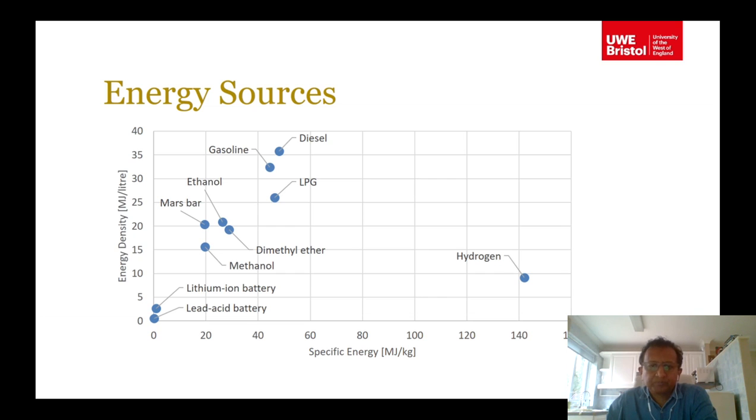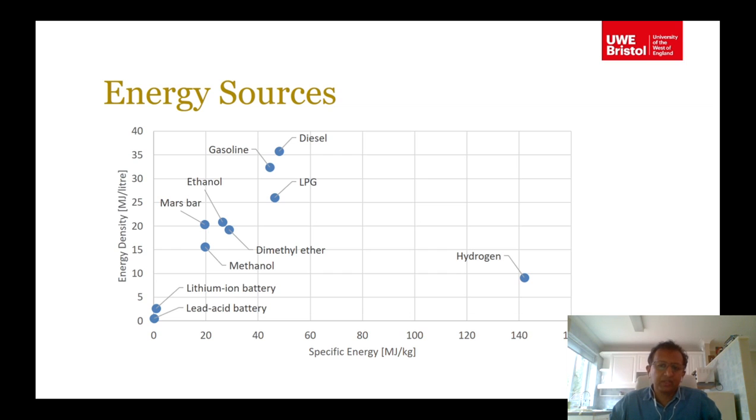But all the other sources like ethanol or dimethyl ether, now these ethanol can be produced using bio. It's a biofuel basically, and methanol can also be produced using biological means. And the problem with present day batteries is the energy density is still quite low,